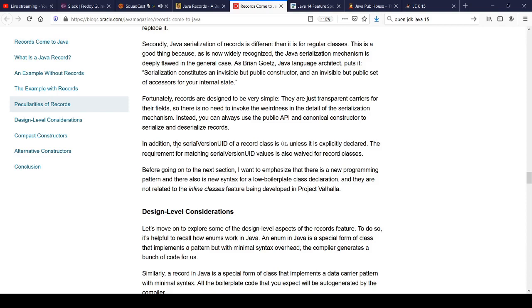So I think that with Records, they try to implement it in such a way that when you are serializing, you don't go through the shenanigans of needing to declare an empty constructor, and they relax some of the UUID's requirements for records to be equal, right?